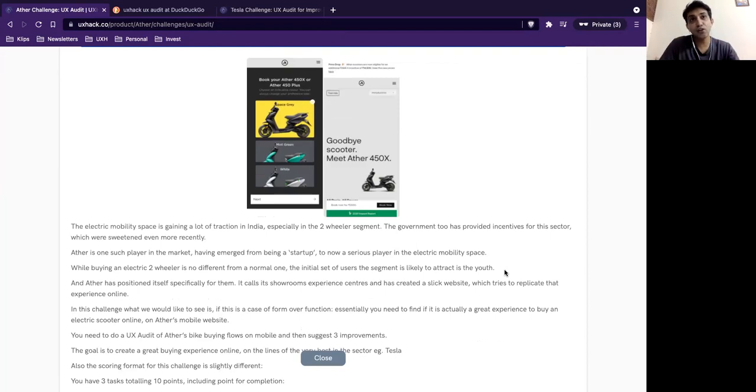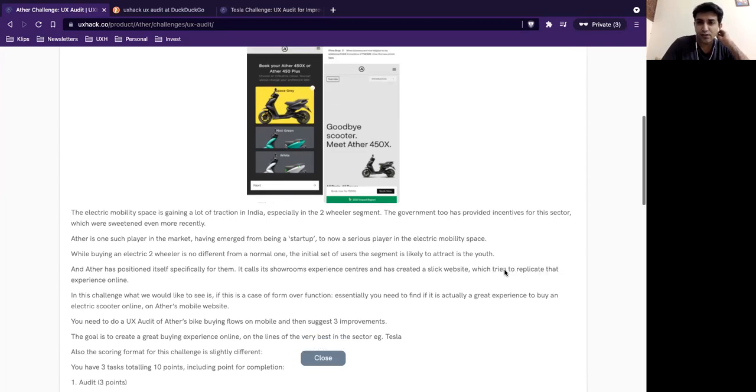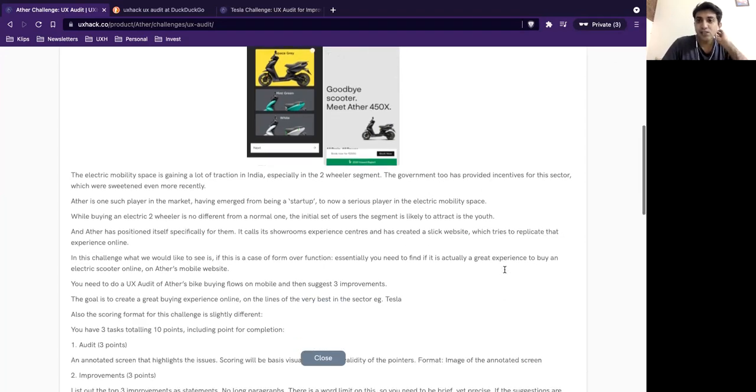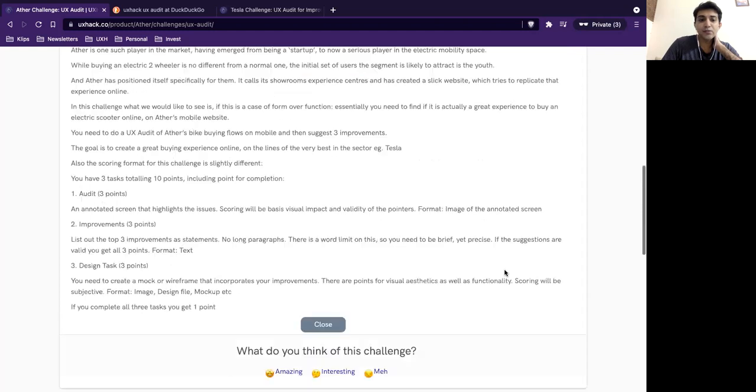So a mix of that, not too deep ones, because that might change the design. Those kinds of ones are not really audit based ones. Quick suggestions that really create an impact would be something that we are looking for here. Just three. There are several things that you can do when I had a look, but yeah, no long paragraphs, no long detailing. Get the point right and be accurate.